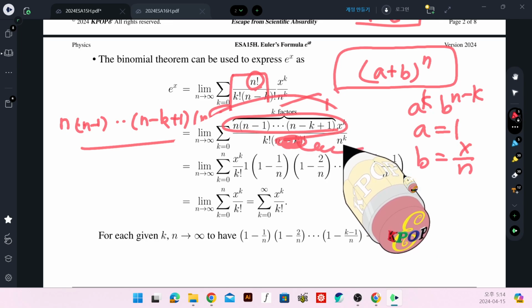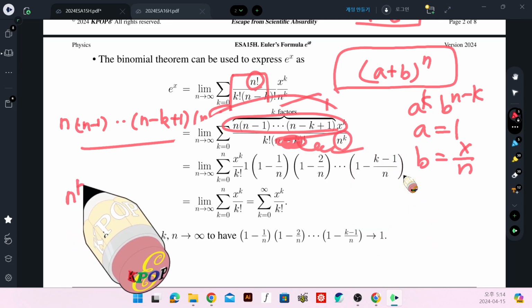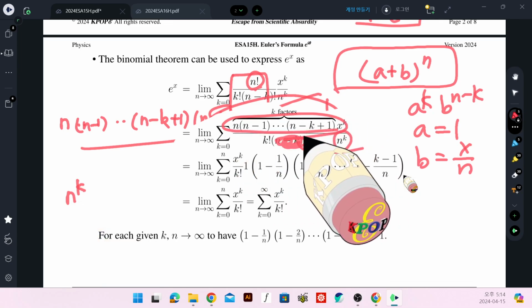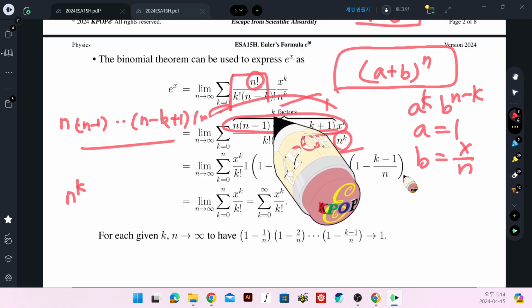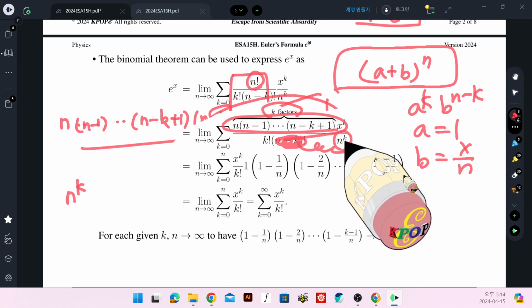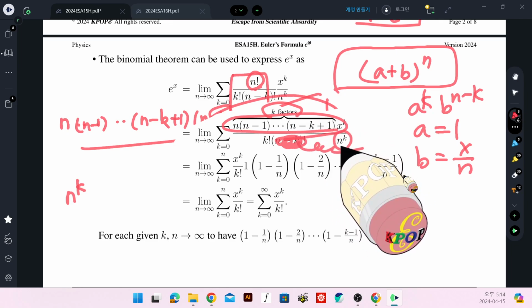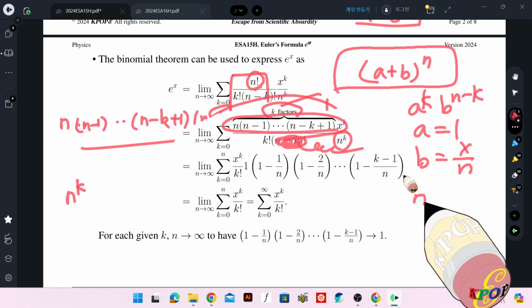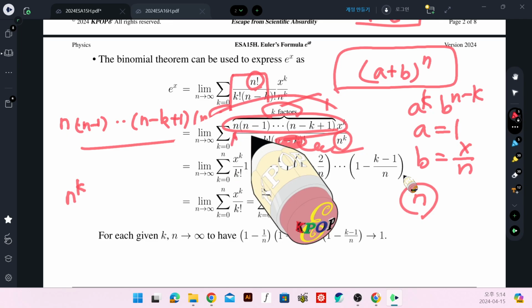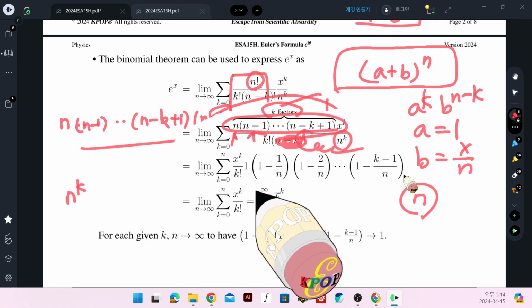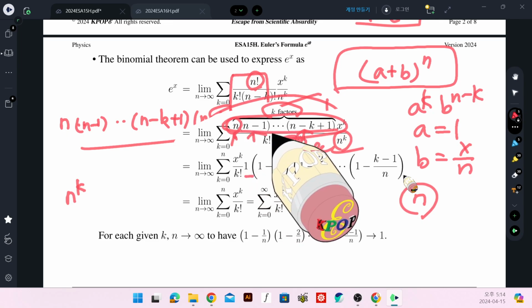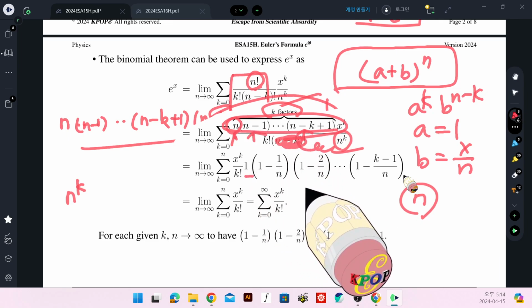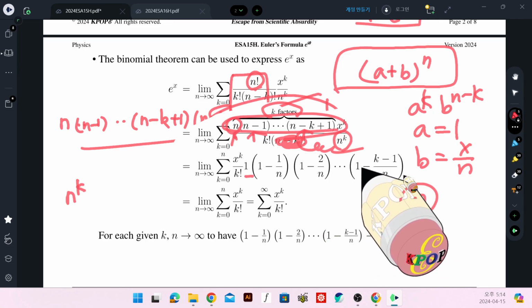Now, why don't we absorb this n to the k into the denominator factors? The numerator factors has from n to n minus k plus 1. They are k factors. So we have n to the power of k. So we distribute k factors of n into each factor. Then we have n over n is 1. n minus 1 over n is 1 minus 1 over n, and so on, to arrive at 1 minus